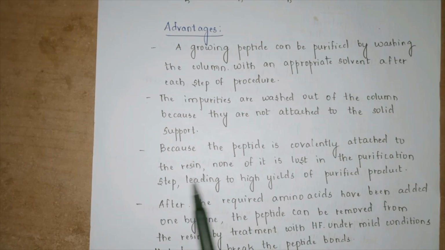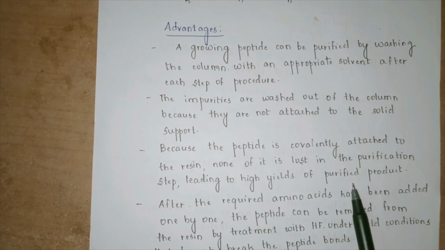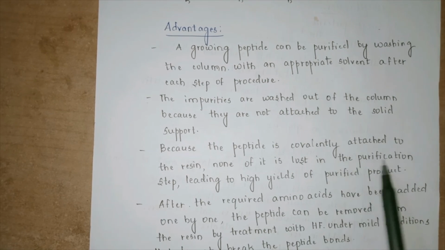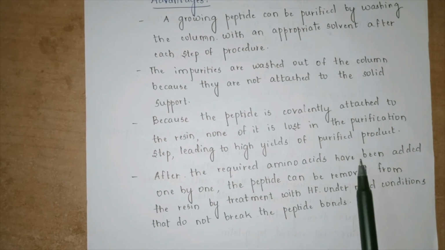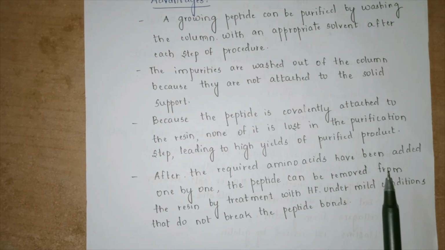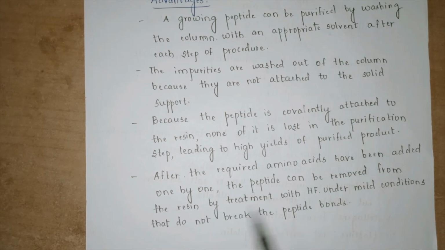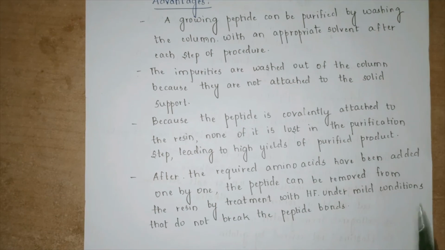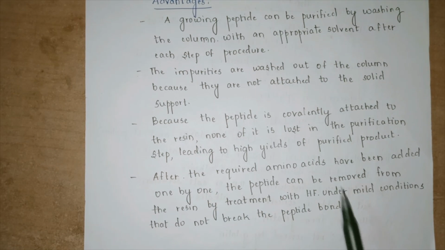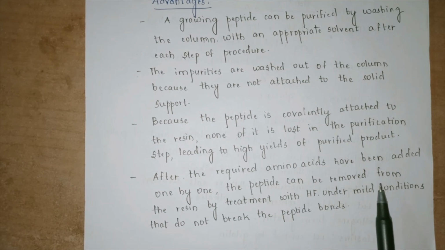Because the peptide is covalently attached to the resin, none of it is lost in the purification step, leading to high yields of purified product. Now the final peptide is just attached to the column itself, hence there is no loss of the yield, and hence there is a high purified product that can be obtained. After the required amino acids have been added one by one, the peptide can be removed from the resin by treatment with HF under mild conditions that do not break the peptide bonds. That the milder conditions under HF can release the column system or release the resin, and finally we get a purified